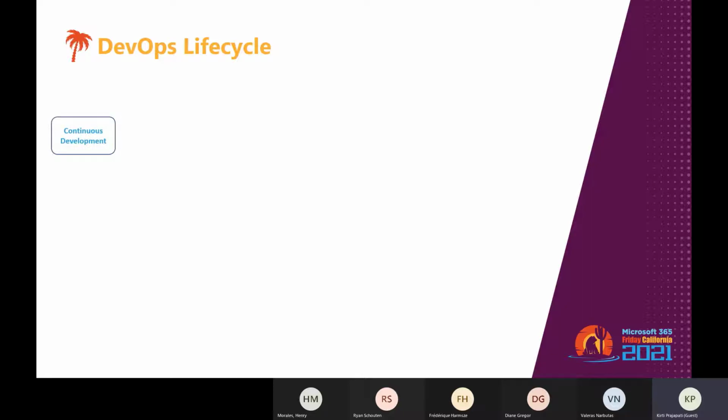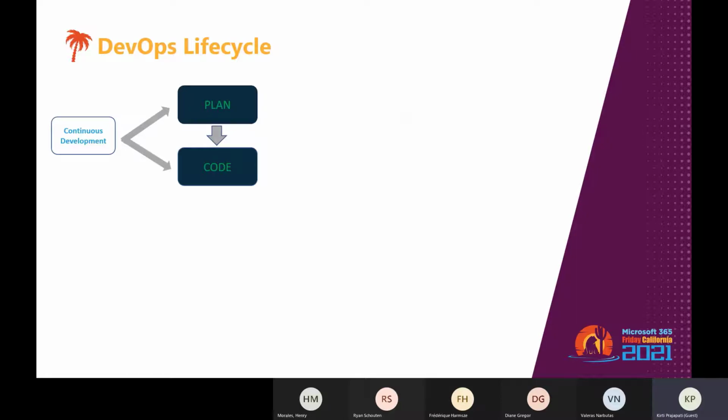So first, continuous development, which you can consider as combining your plan, application objectives, and code. The requirement comes under this phase. So this is the phase that involves planning and coding of the software or your solution. The vision of the project is decided during the planning phase, and the developers begin developing the code for the application.